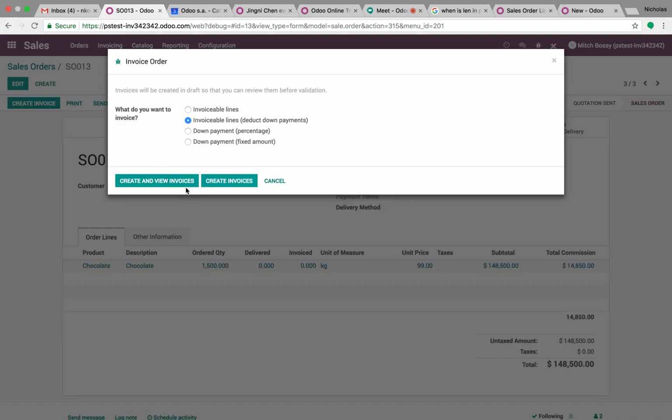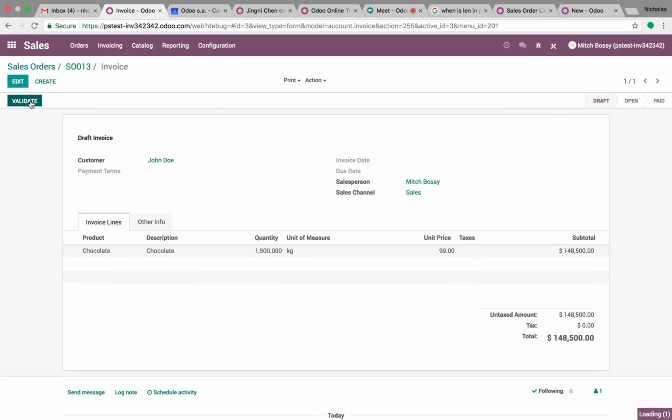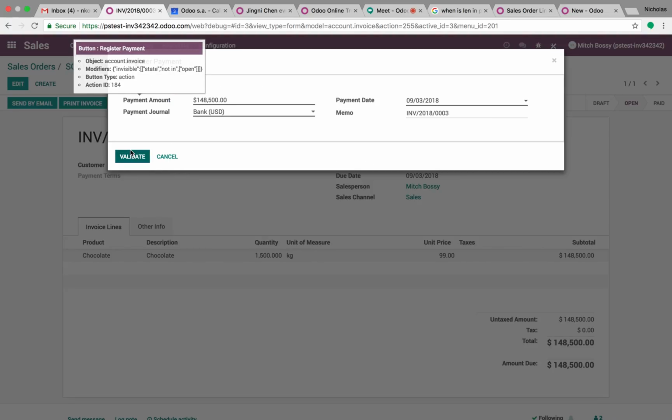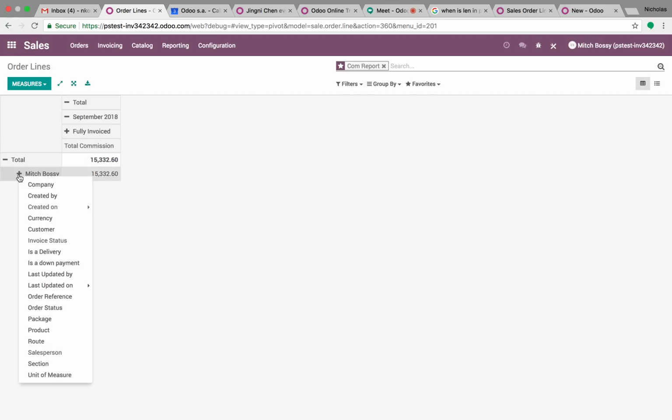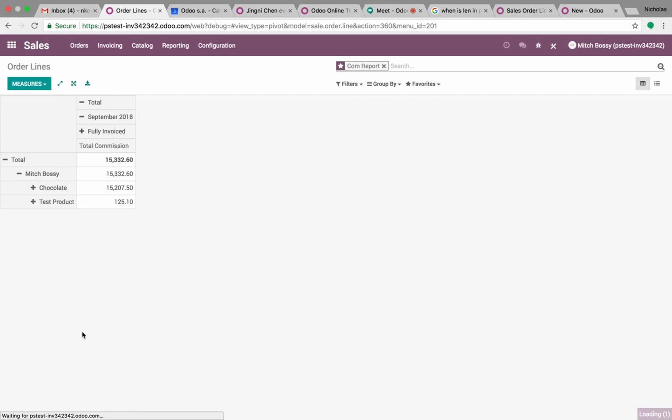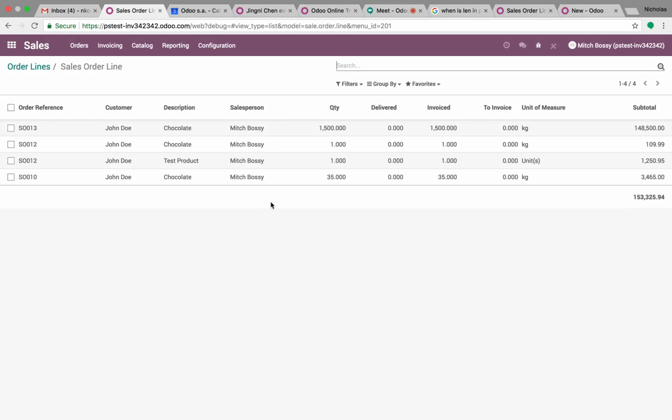And once we go through and fully invoice and register our payment, this will populate in our order line reporting and update, and we can drill down by product, and we can see here the chocolate now totaled for commission earnings is $15,207 for the month of September, and we can see how all that rolls up. And you can drill in and see all the order lines associated with Mitch Bossy's sales and where that